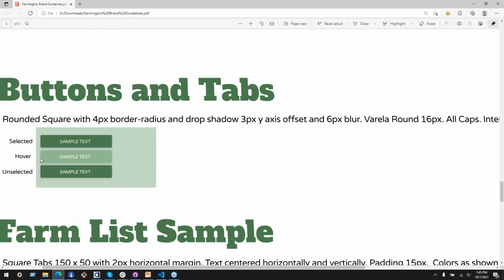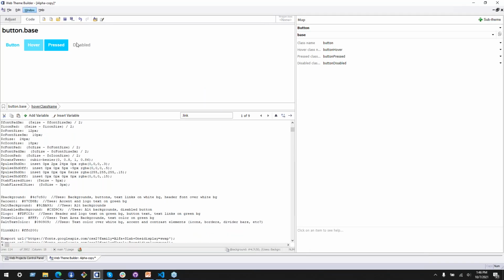So here our default button needs to be this rounded square. The background needs to be this yellow. The foreground, or sorry, the font color needs to be that pale yellow. The background needs to be that green. Hover state's a slightly different shade of green. And then this final state says unselected. I'll have to ask Scott about that, what he means as we apply it, because unselected isn't, I think maybe